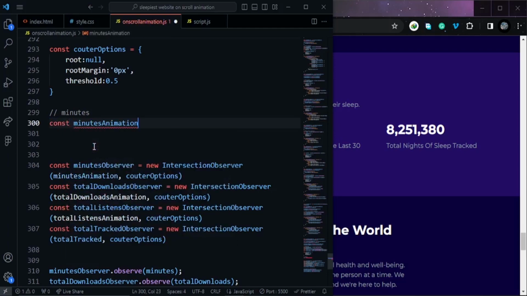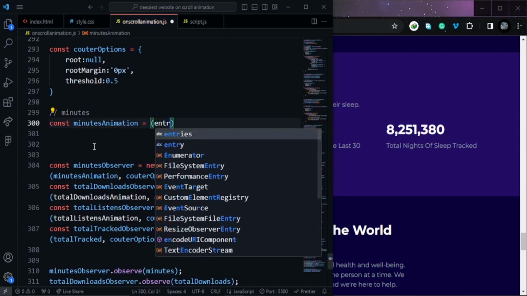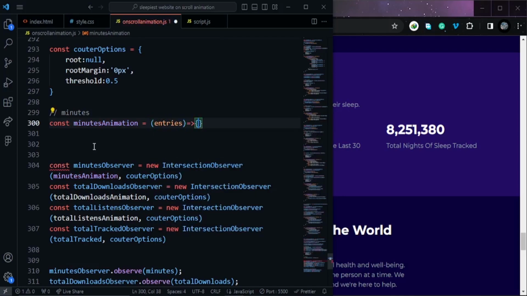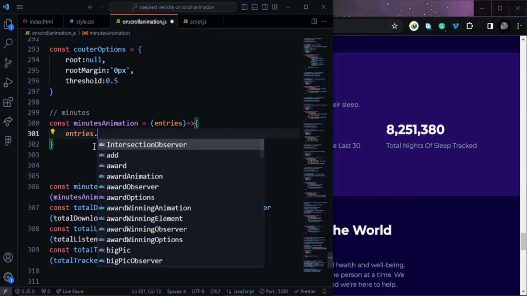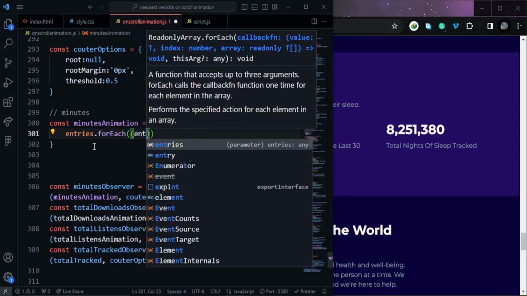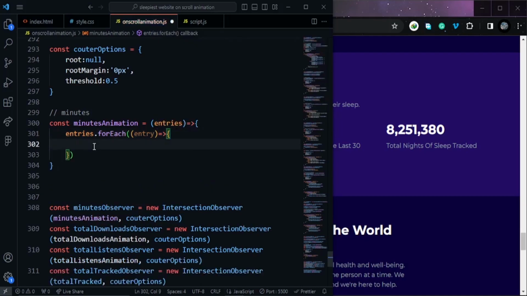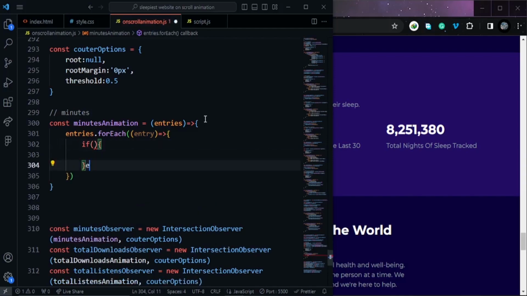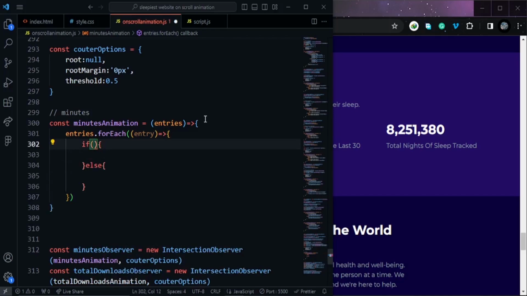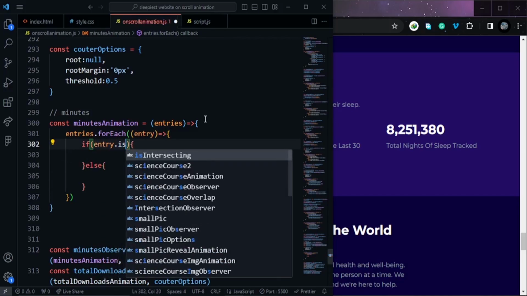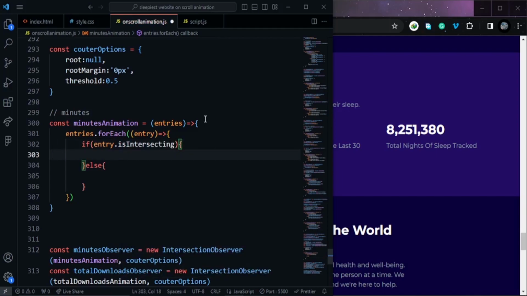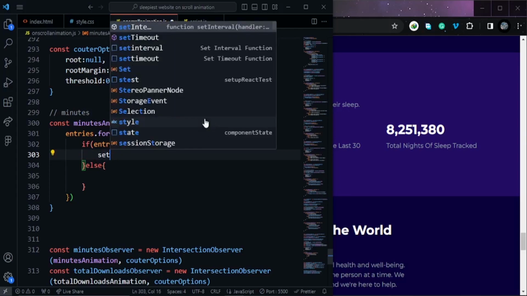Const minutes callback, and the entries. I iterate through each entry. And over here, I'm going to use the if statement: if the entry is intersecting. And now I'm going to use the set interval to increase the counter. So the set interval function,